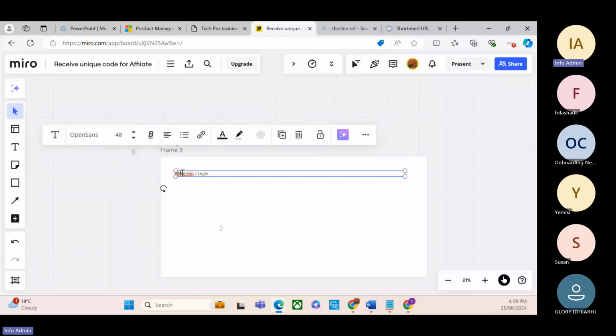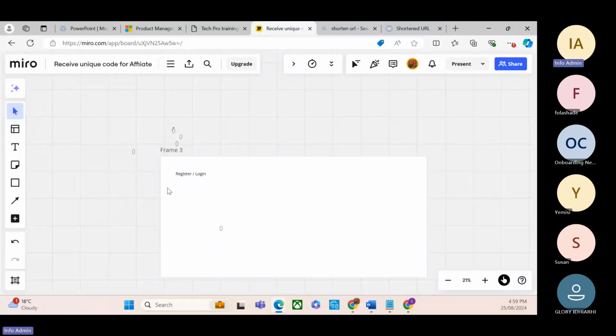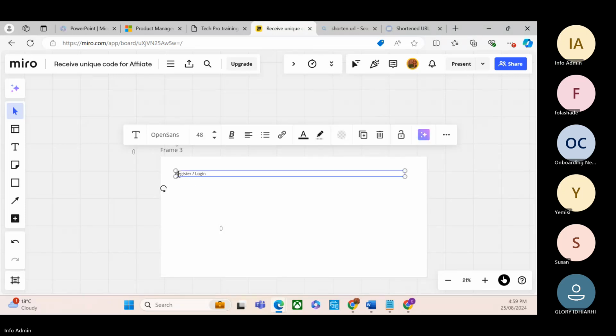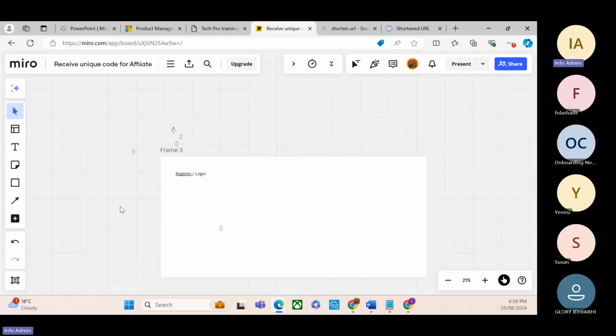So register or login, okay? Don't mind. So what do you want to do? You want to log in,